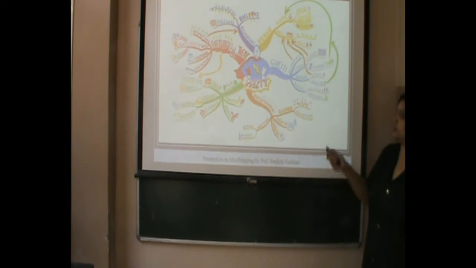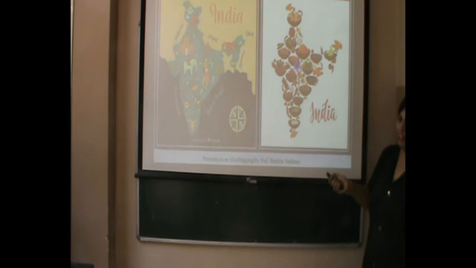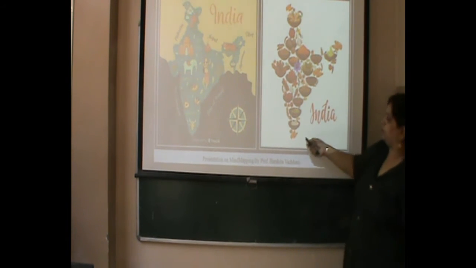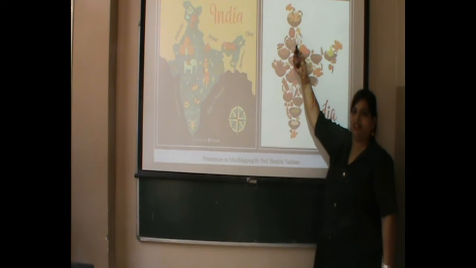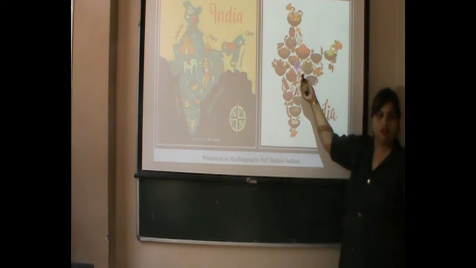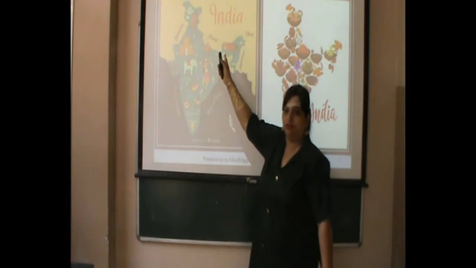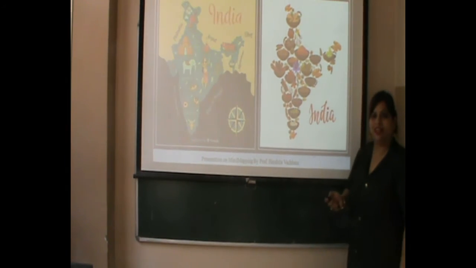Now, suppose this is a mind map for a party, a plan for a party. Such kinds of mind maps can be drawn. Now, a mind map can be drawn in another way also. What is the map of India? In India, what are the spices? In which area, in which state, what spices are grown? So this is again one kind of map. What are the different things in India? So this is one kind of mind map which we can do.